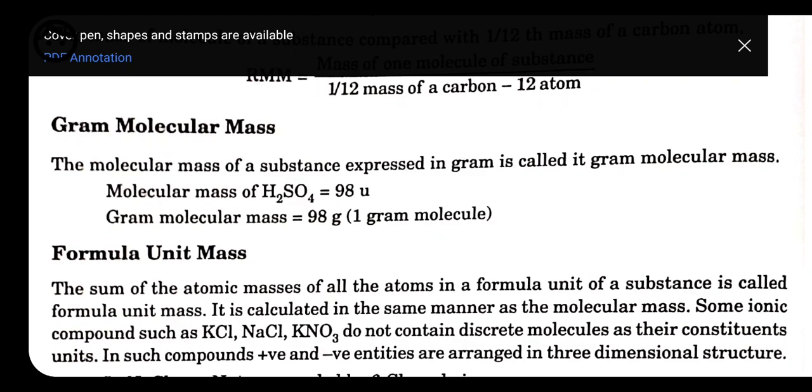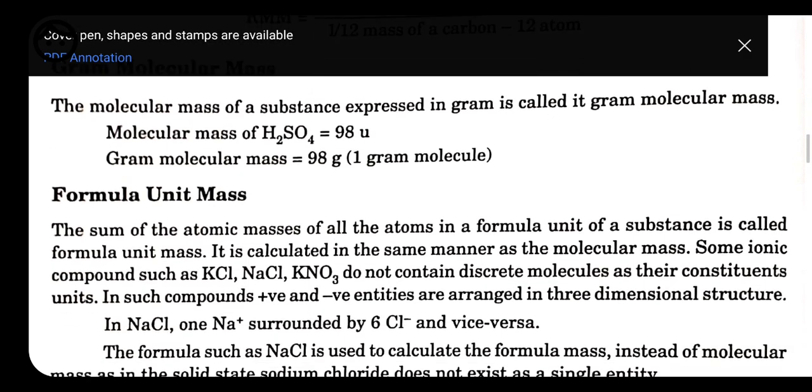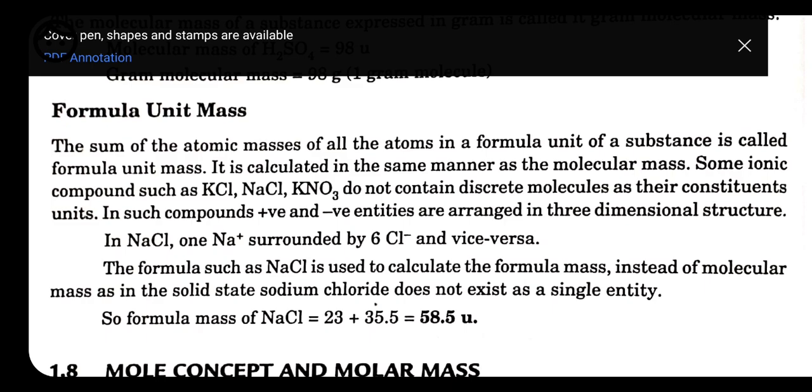Like we can take the example of NaCl, sodium chloride. Here sodium has a positive charge and chlorine has a negative charge. It means they are present in their ionic form. But if we need to calculate the mass of glucose, C6H12O6, here carbon, hydrogen and oxygen do not have any charges. So we are simply calculating the mass, which is called molecular mass. But if we need to calculate the mass of an ionic compound, it is called formula unit mass. The procedure for calculating it is also the same, like NaCl.